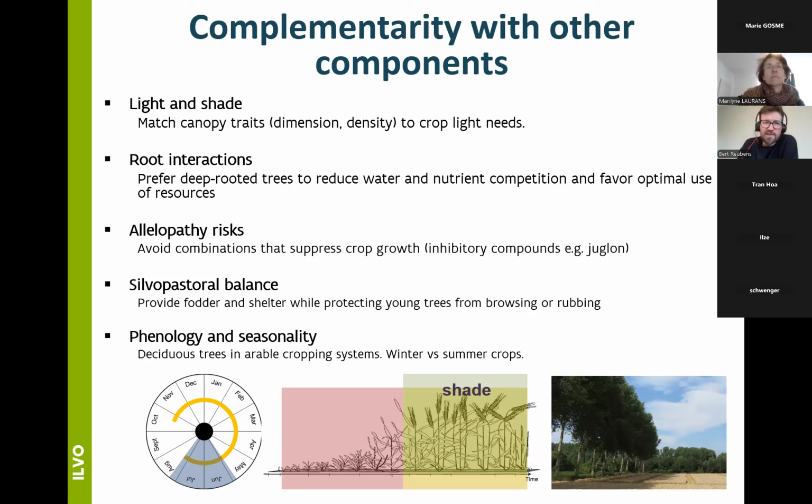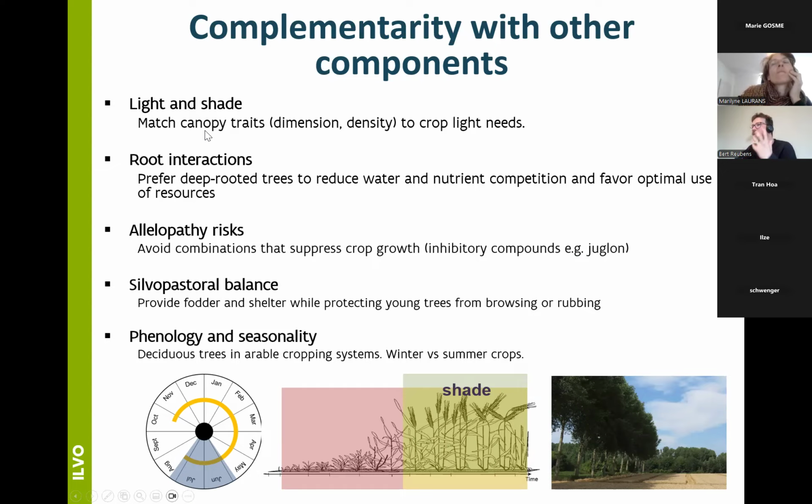In silvopastoral systems with animals, you want to find the right balance between probably providing fodder or shelter for the animals, but at the same time protecting young trees from browsing or rubbing. That also has to do with the complementarity with the other components. And in this perspective, also phenology and seasonality is important.